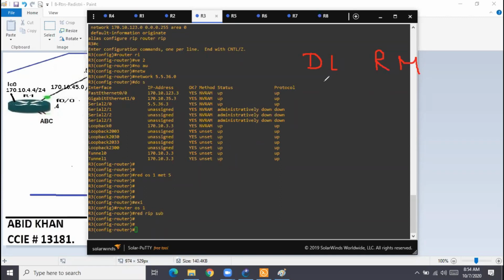So now, anytime you get a route filtering requirement, you have to decide the route filtering tool. You need to decide which tool to be used. How you will decide, you ask yourself. Okay, see now, I'll show the diagram now.